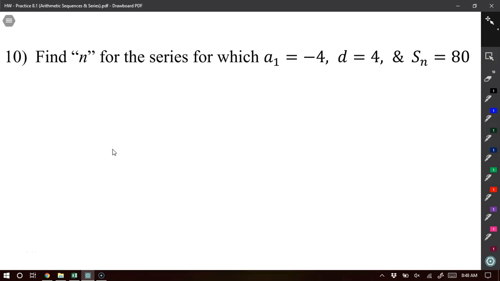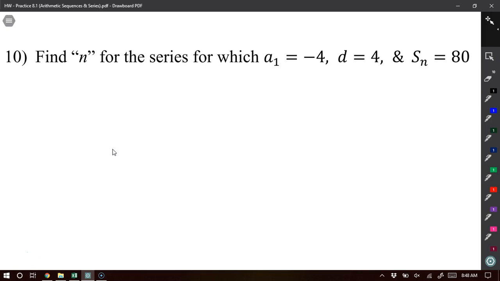In this video, we're going to look at the solution to number 10 on the Practice 8.1 worksheet dealing with arithmetic sequences and series. This is the more complicated problem for it. We're asked to find n for the series where a1 is -4, the difference is 4, and the sum is